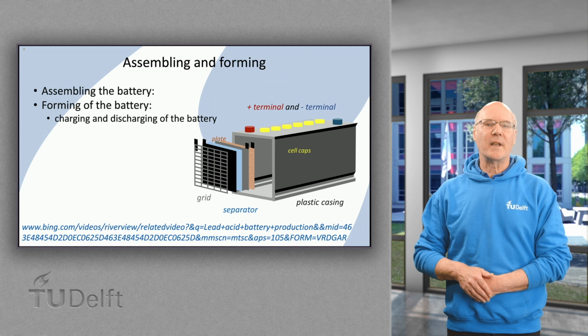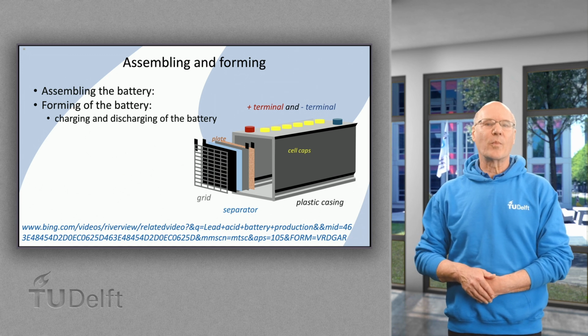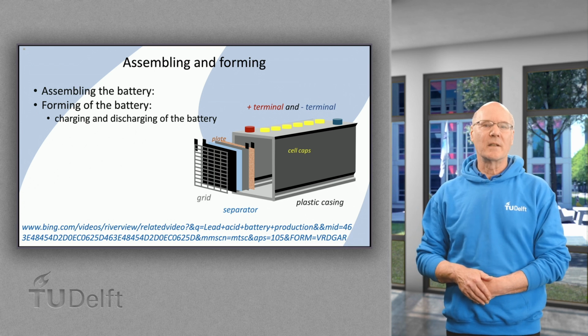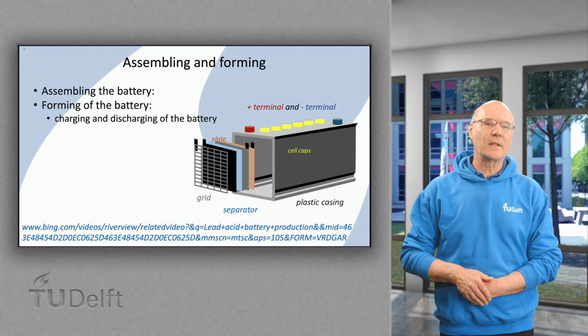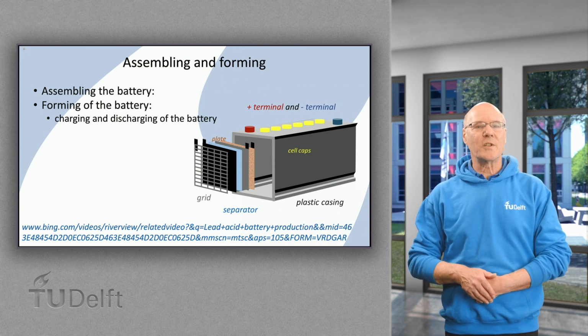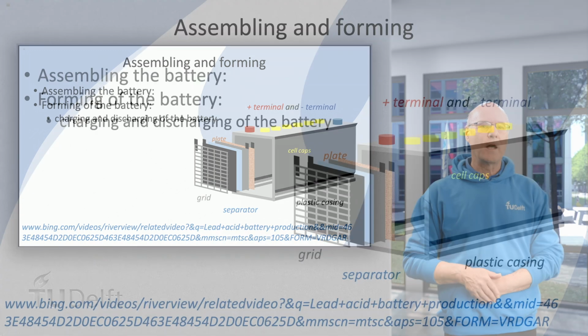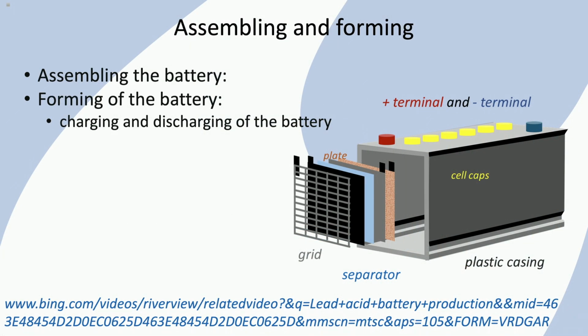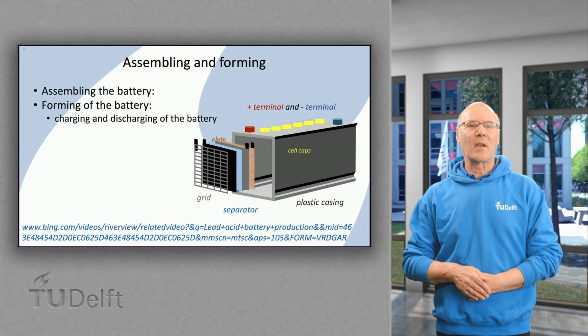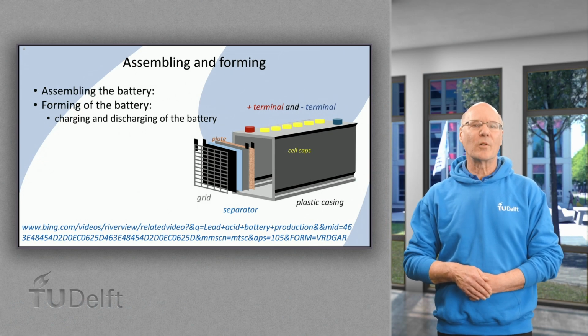To manufacture the actual battery, the unformed plates and the separator mats are placed in the plastic case. Concentrated sulfuric acid with a concentration of 6 molar is being added, which will act as the electrolyte. The whole assembly is then sealed depending on their application. Finally, the battery is formed to create the active components at both electrodes. As mentioned earlier, these 2 steps can best be watched on the video posted on Bing.